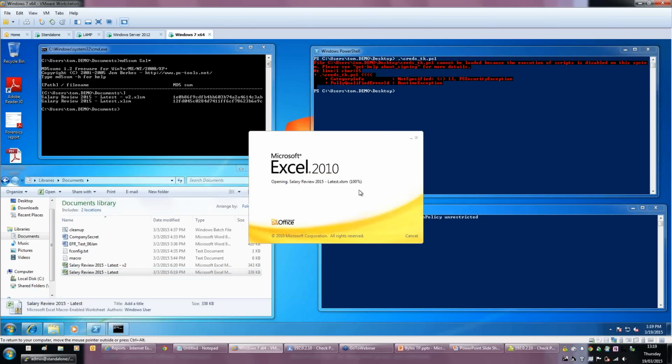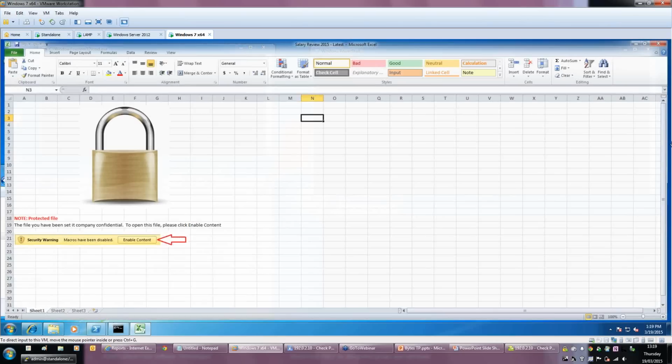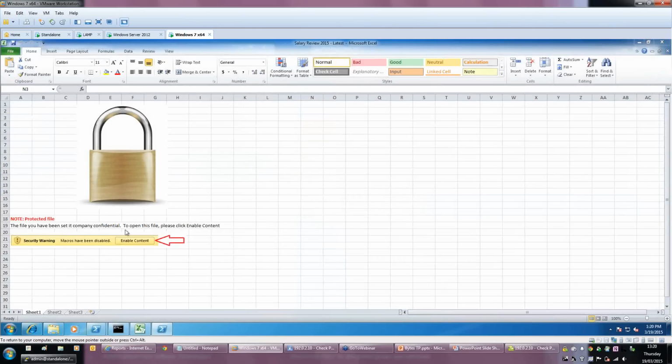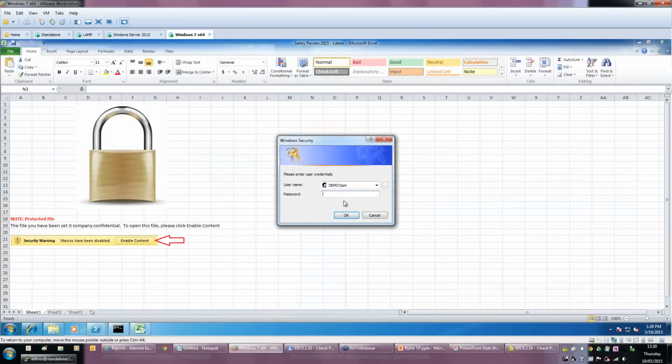Okay, so because this is shell script, this can't run at all, and what I'll do is I'll try and run the file itself, and it's not allowed to run. So what will happen is I will try and run this content. So I may get a security warning, I may not. If I try and run this file and I put in my credentials,